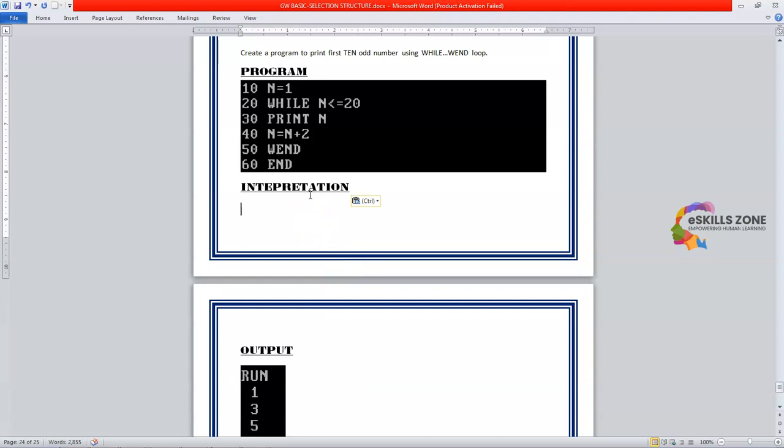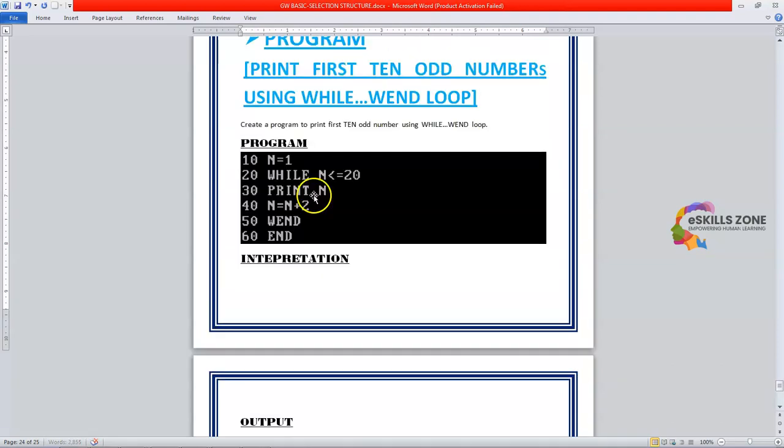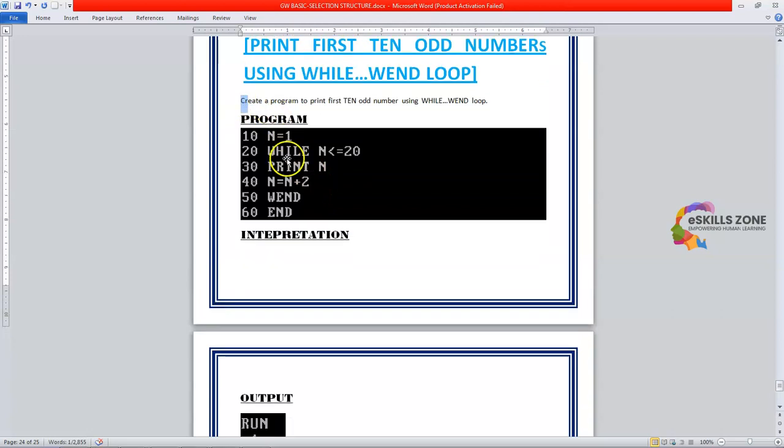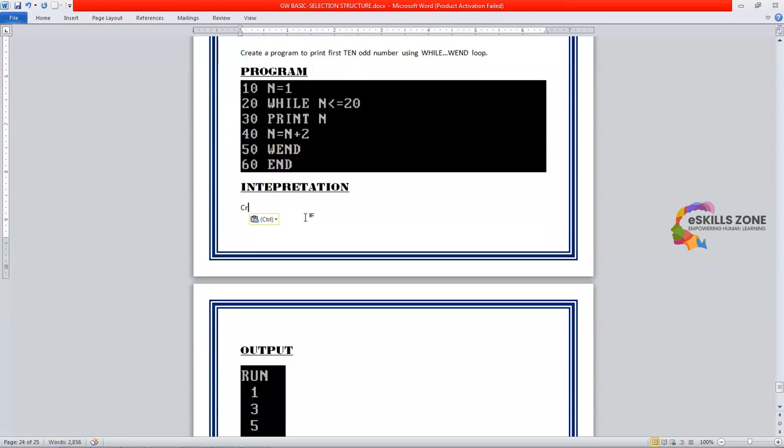At line number 10, the value 1 has been assigned to the variable named n. At line number 20,